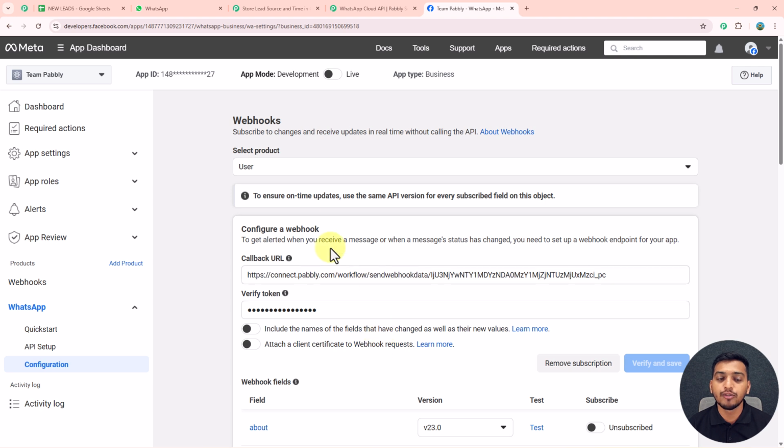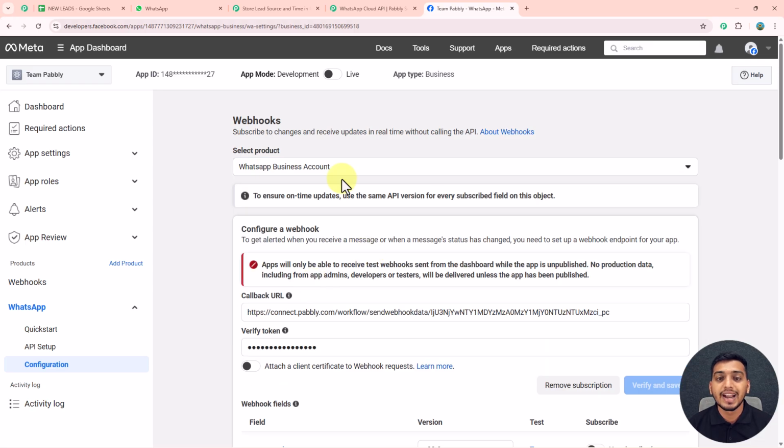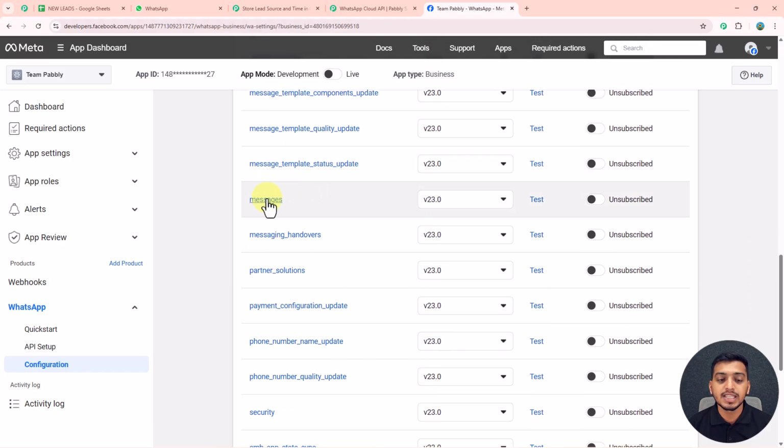And after that you have to click on this select product drop down here, and from here you have to select this WhatsApp business account. And after selecting this WhatsApp business account, you have to scroll down and you have to look for messages. So here you can see this is the messages. So first of all, I will toggle on this button from here, and you can see now we are subscribed,